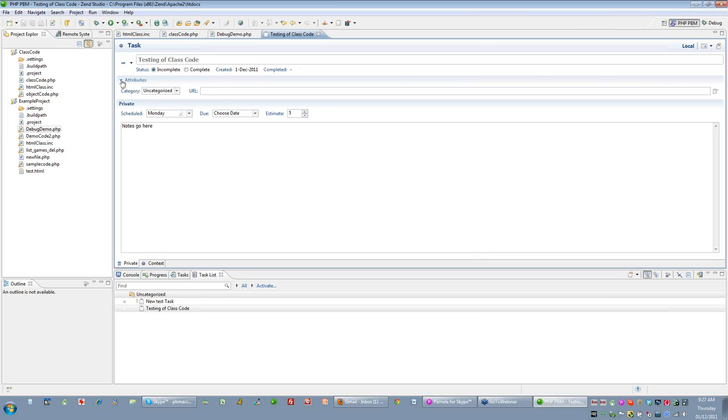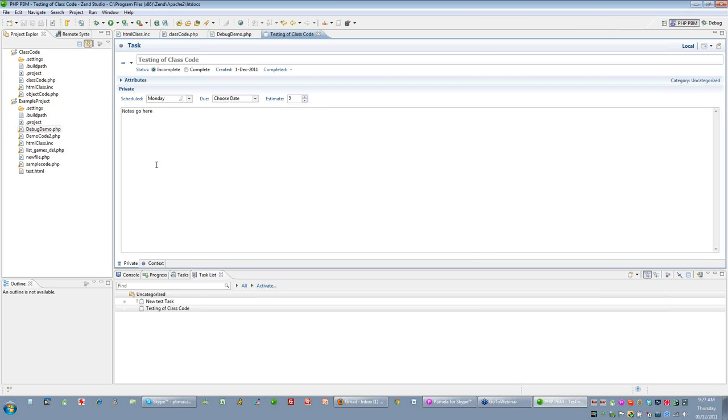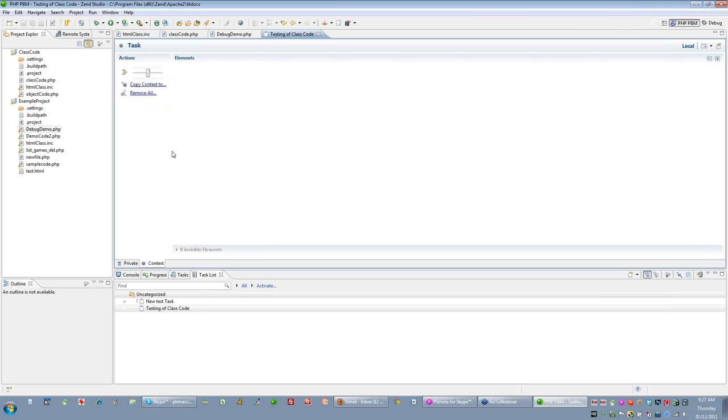Now that's not all. The neat thing about this is the context. Right now what we have is no context because we haven't turned on the task. So you see this little blue dot. If you hover over that, it will say activate the task. As soon as you activate the task, any code files that you have open at the time, you can see in the background here I have, of the editor, debug demo class code and HTML class.inc all open. When I activate this task,